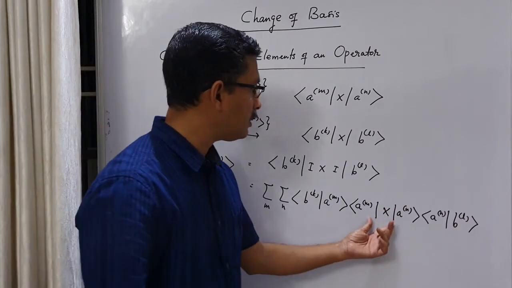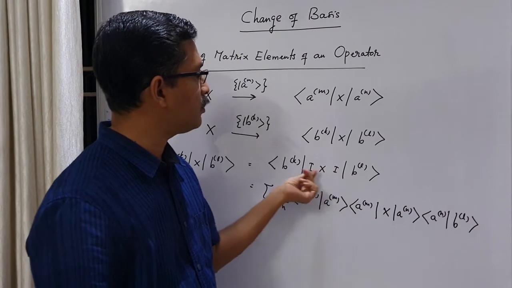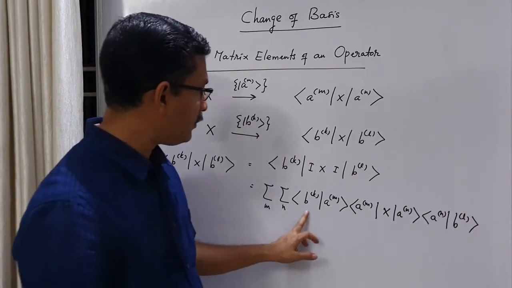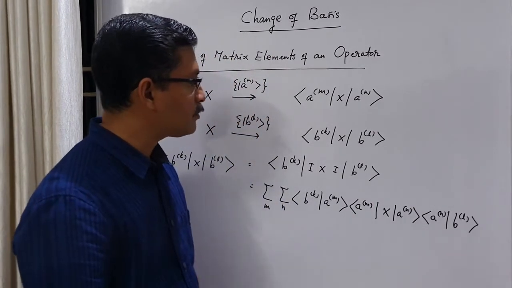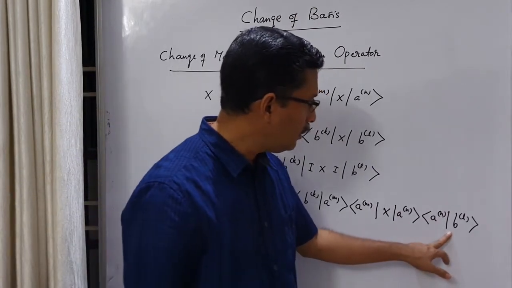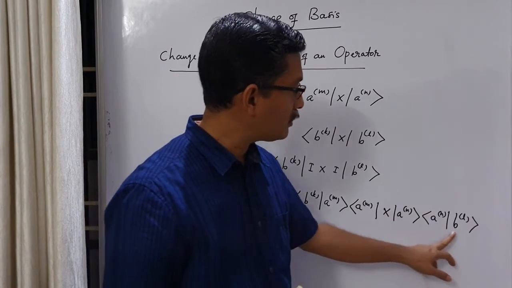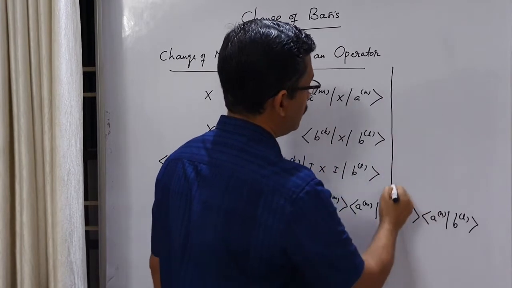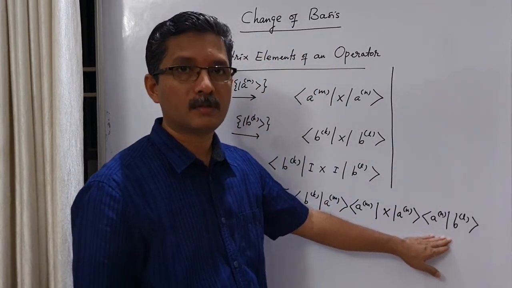So this is the matrix element of X in the old basis. To obtain this, we have introduced identity on both sides and used the completeness condition of the old basis. Now we have a factor here, another factor here. We can express this in terms of the unitary operator for change of basis. Look at this. The structure here is, on the bra vector side we have old basis, on the ket vector side we have new basis. Now this quantity is the matrix element of unitary operator U.